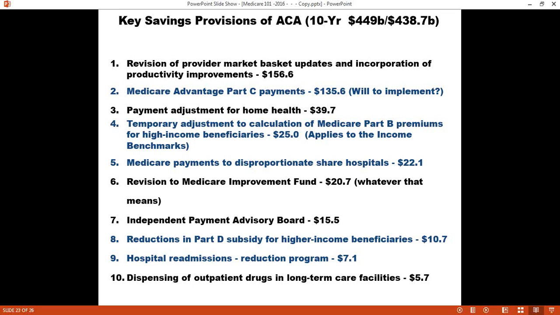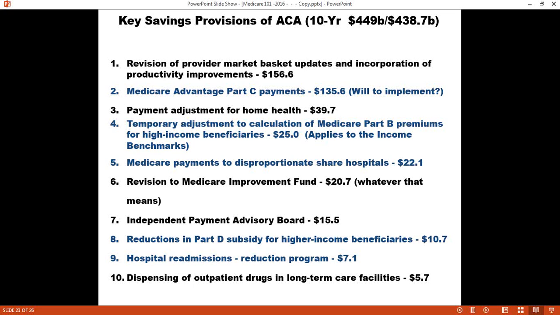So I had a 70-page synopsis of the Affordable Care Act that I went through and found essentially that the Affordable Care Act is looking to take about $450 billion out of the Medicare program over the next 10 years. And the points in blue are the ones that I thought are worthy of drilling into a little bit. But they're going to take $135.6 billion out of Medicare Advantage Part C payments. So those are the Medicare Advantage plans. So they're saying that over the next 10 years, they're going to reduce their payments to Medicare Advantage plans by